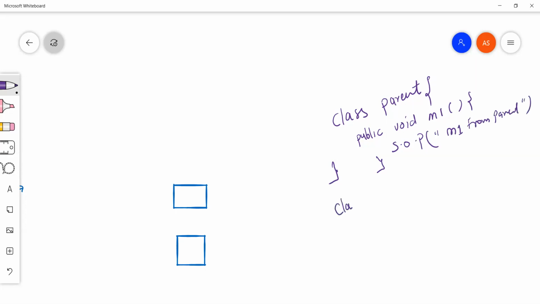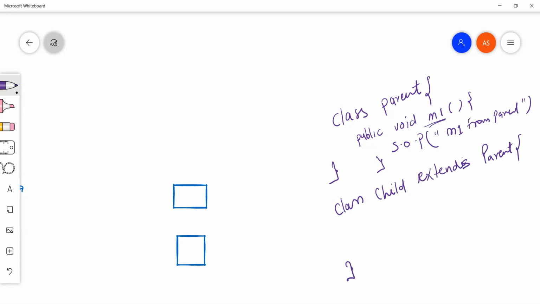Then we have another class, let's call it Child, which extends Parent. So when we say extends Parent, that means this m1 is available for this Child class.